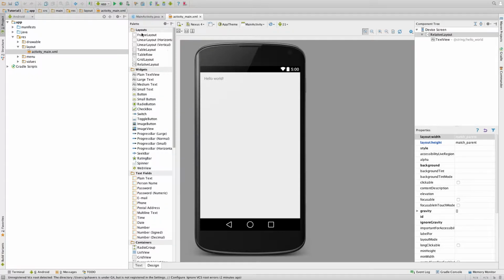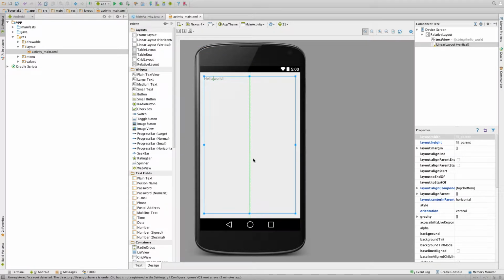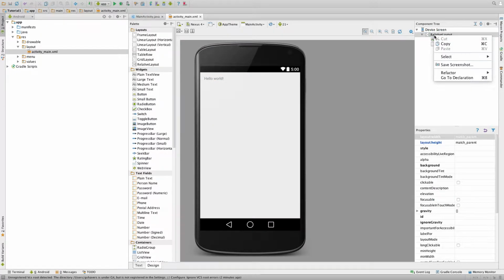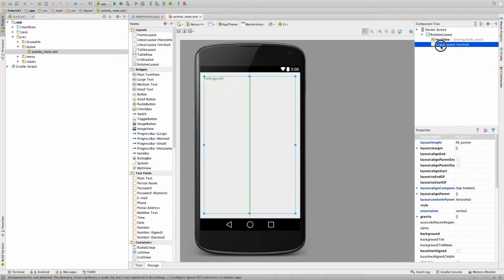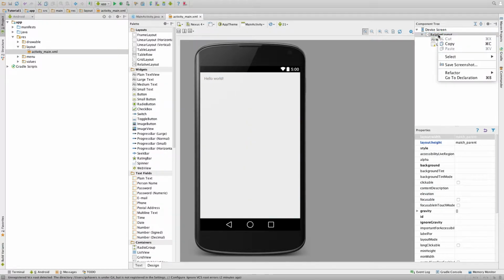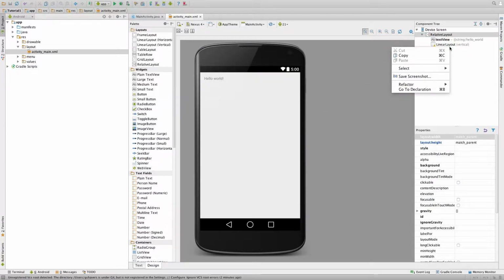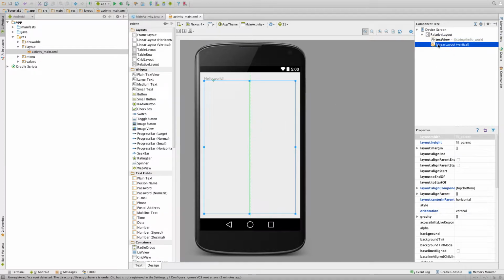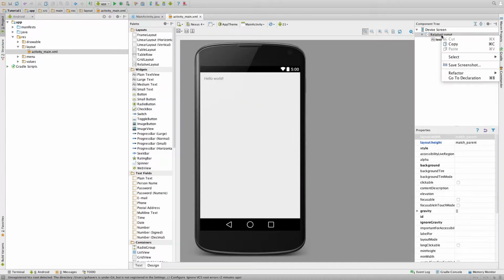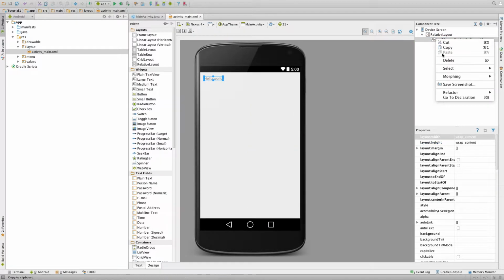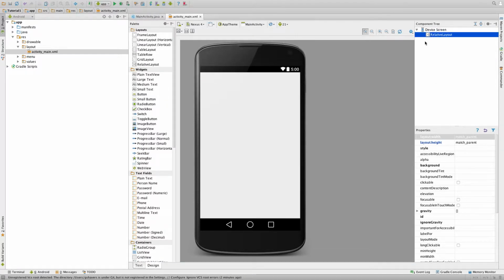Let me see what layout we need. Okay, we're going to drag the linear layout vertical. So I'm just going to drag it, and I'm just going to leave this right here. Actually, we'll delete this. Can we delete this over here? I'll put this up top now. Actually, yeah, we need to delete this. We should be able to delete. Yeah, delete. We're going to delete the text box, and we can't delete the